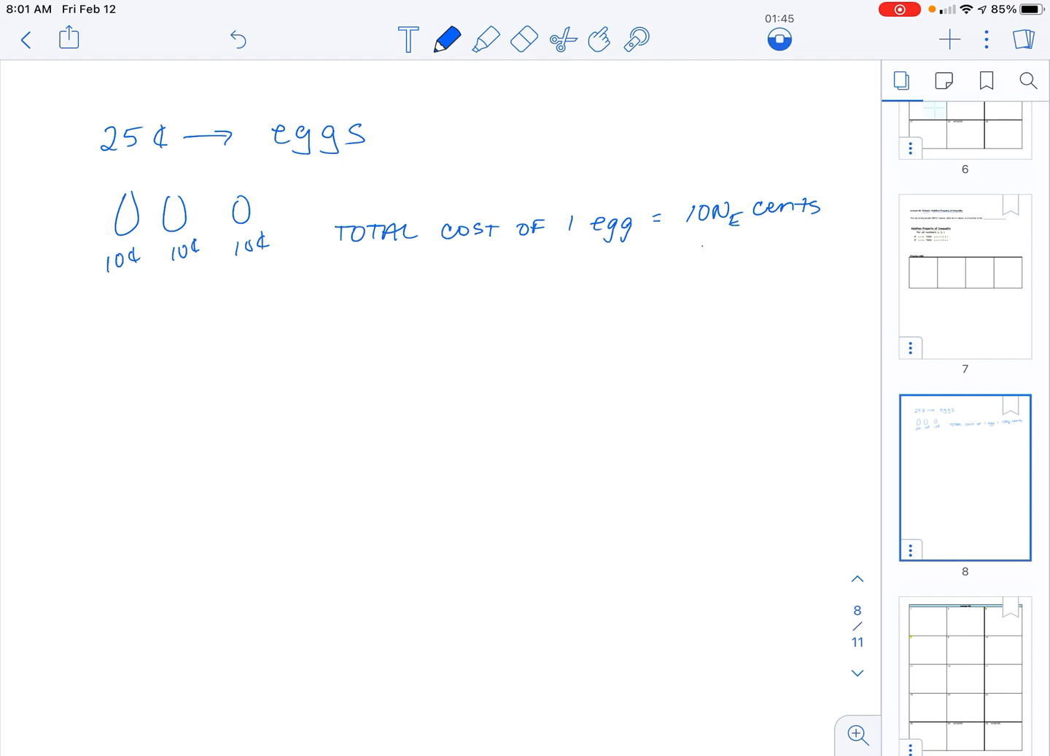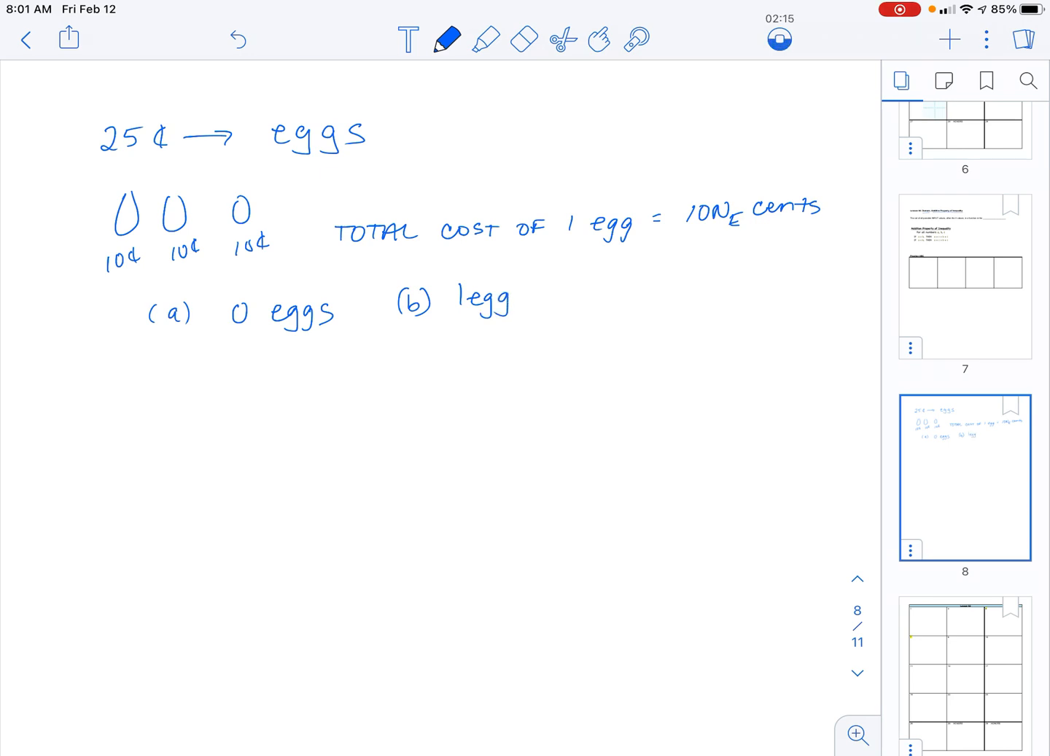Now, sometimes we can use something as simple as 10x, where x represents the number of eggs. The variable doesn't really matter. In this case, we're going to leave it as capital N, little e, which indicates the number of eggs purchased. So I have to ask myself, well, with my 25 cents, how many eggs could I actually buy? Well, when I get there, I have three choices. I can either buy 0 eggs, not spend my money on eggs at all, or I could buy 1 egg,